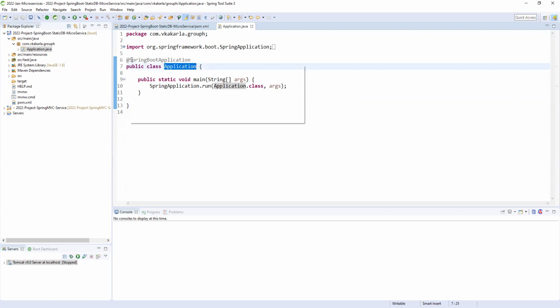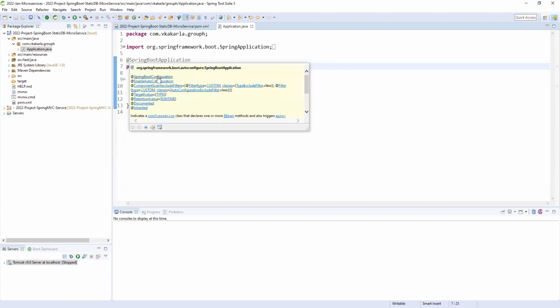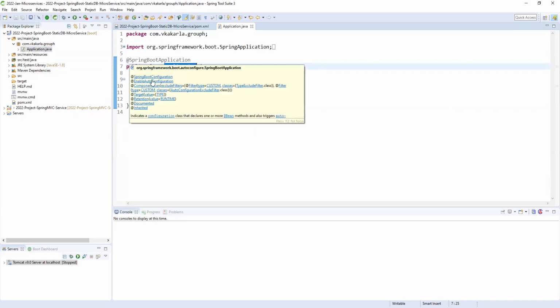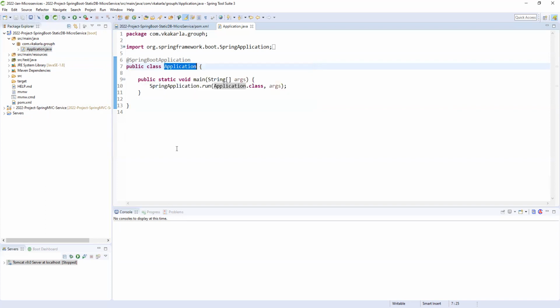It is a combination of three main annotations: Spring Boot configuration, which does the configuration; enable auto configuration, which means things like web.xml are configured automatically; and component scan, which means you don't need to add application server.xml or any tags. It will automatically scan all the components, meaning the classes of your application.